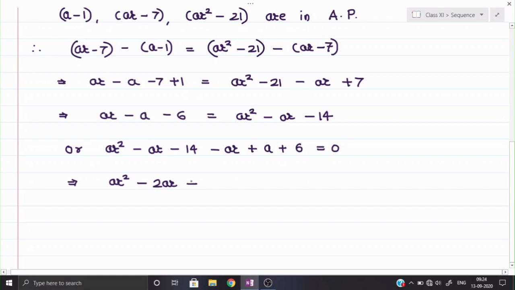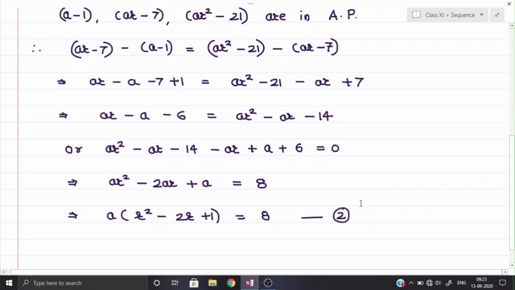Okay, then plus A is coming as it is, minus 14 and plus 6, that will be minus 8. So A into something is equal to 8, I am writing there. Minus 8 is going to that side, so it will become positive. Now I am taking A common, so remaining is R square minus 2R plus 1 is equal to 8. This is my second equation.